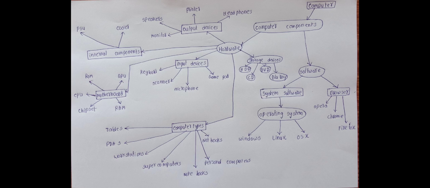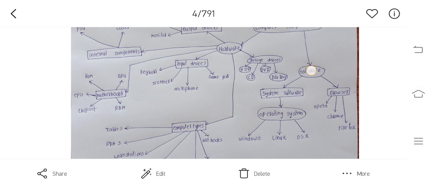Today we are going to discuss concept mapping in human-computer interaction, and in that we are going to discuss the computer. The computer was invented by Charles Babbage in the year 1822, and it is upgrading day by day with the Windows, and the present Windows we are using is Windows 10, which is an upgraded version. And entering into the concept mapping, the computer components are hardware and software.